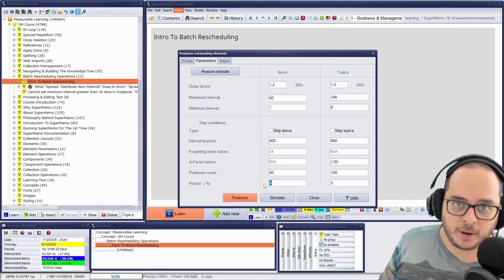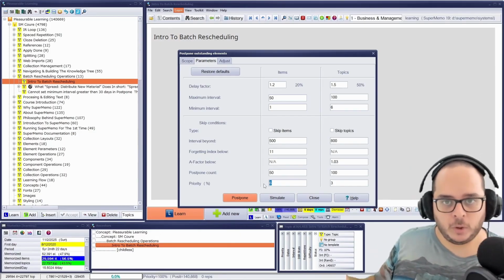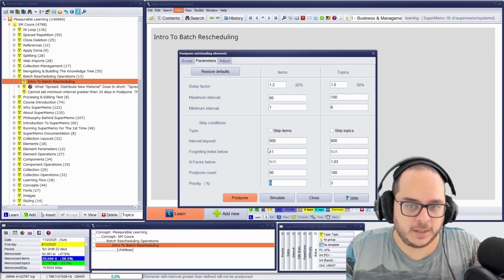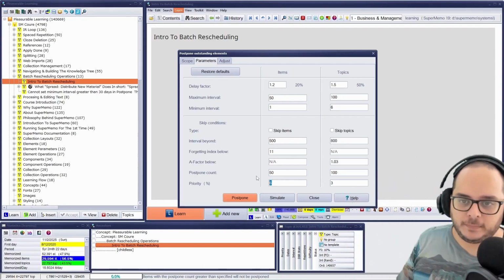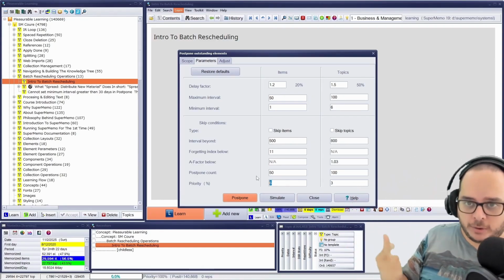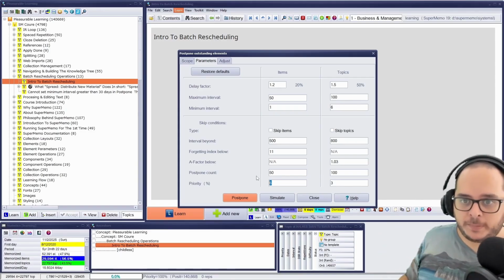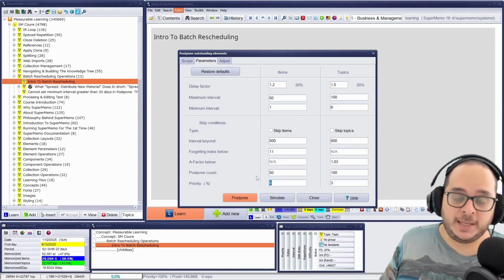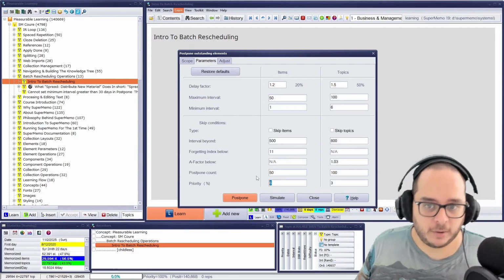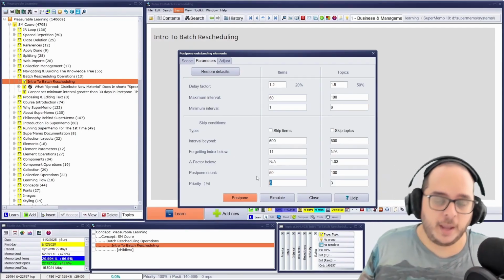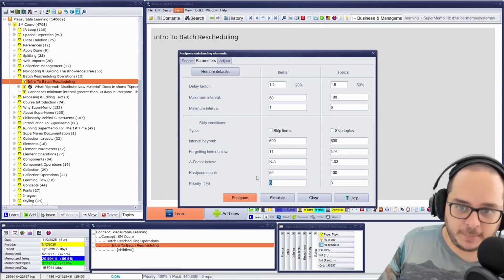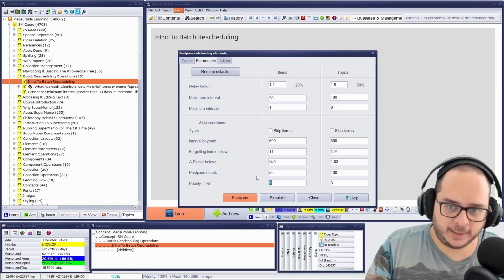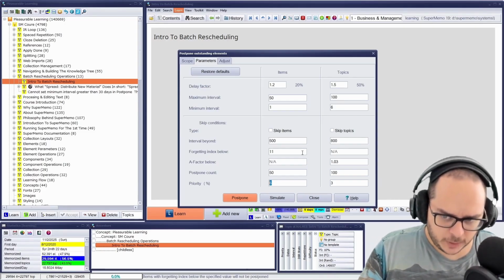If it's 6% or higher, so the number is lower, don't postpone it. That means that if any of these hits, it will be skipped. Meaning, in other words, that the item will be postponed if the interval is shorter than 500 days, the desired forget index is 10 or less, it has been postponed up to 49 times already, and the priority is 6 or lower. This depends on everyone. That's why you have all of these metrics to decide.